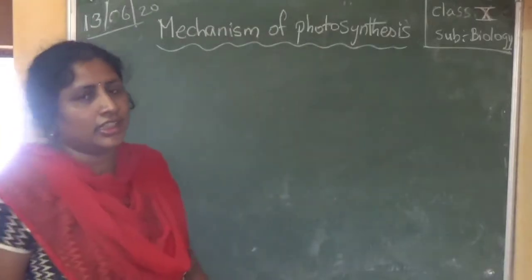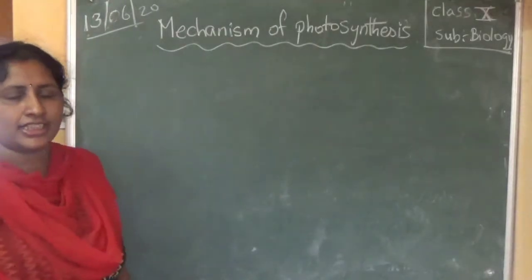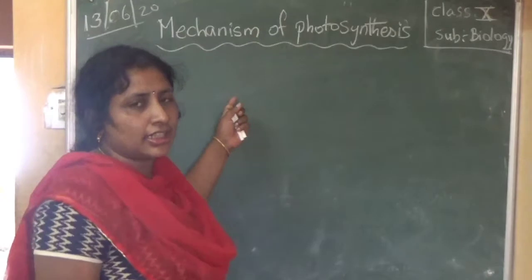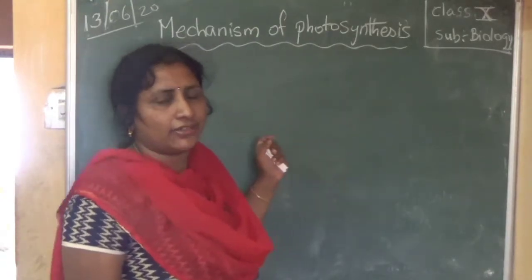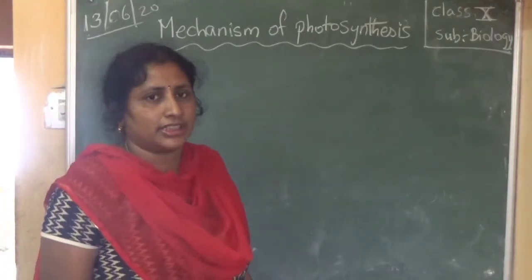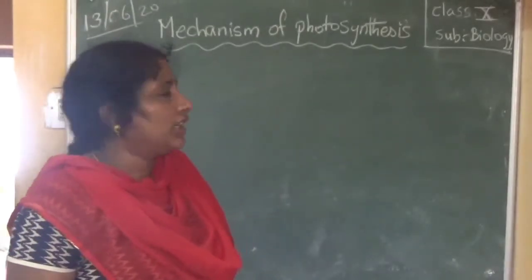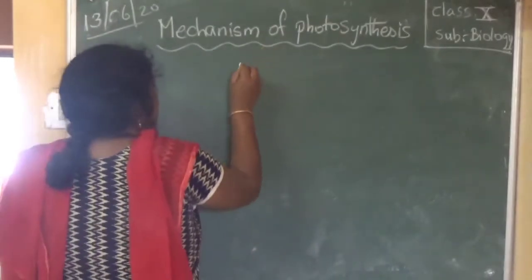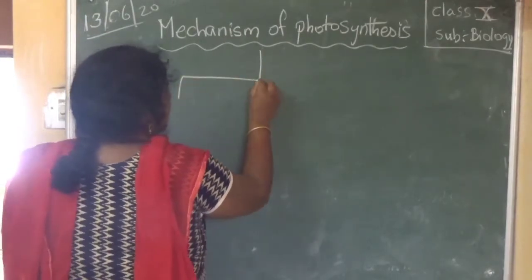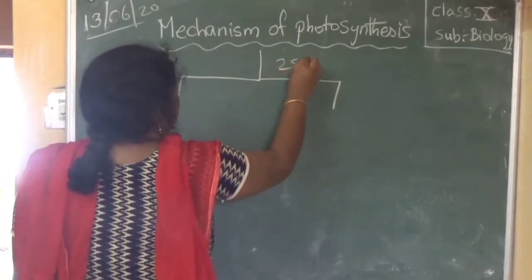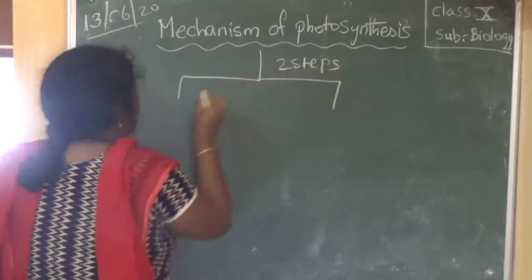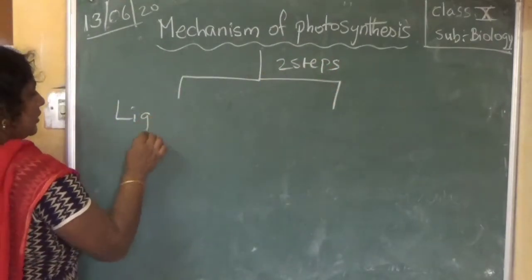Good morning students. So last class we discussed what is photosynthesis, where does it occur and what is the reaction of photosynthesis. Now we will see the mechanism of photosynthesis. So photosynthesis occurs in two steps. What are they? Light dependent reaction